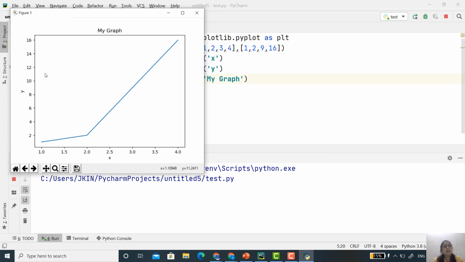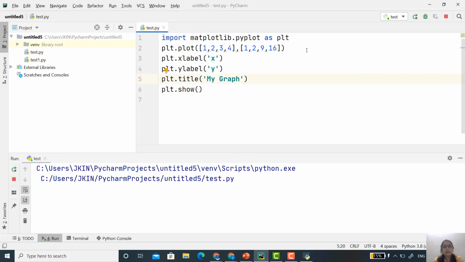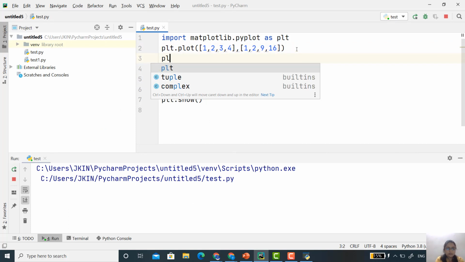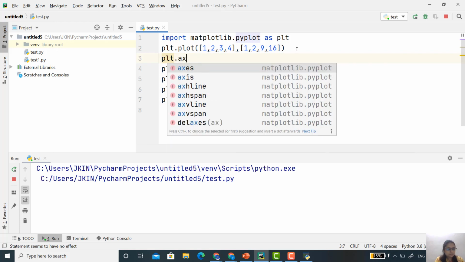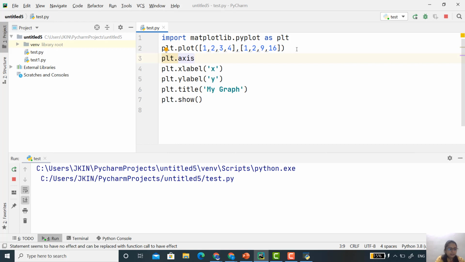Now if I want to display my x-axis from 0 to 20 and y-axis also from 0 to 20, is it possible? Yes, it is possible. Here you have to use another command, that is plt.axis, and then you provide the x-axis from 0 to 20, and similarly the y-axis also from 0 to 20.